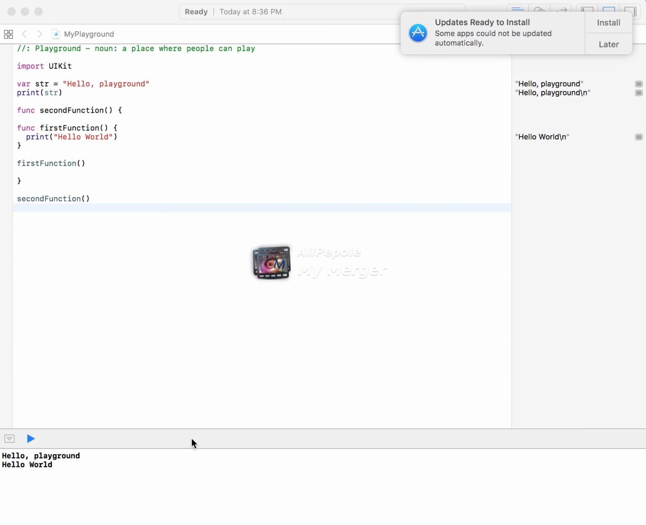So in Swift, we have object members, which are properties and methods. Properties are basically the variables that are declared in a class, and methods are the functions that are declared in the class. So for example, let's delete all this and